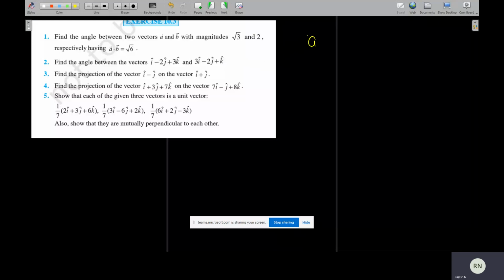You know a bar dot b bar is equal to what? AB cos theta. So what is cos theta? A bar dot b bar by A, where A is modulus a bar, and B is modulus b bar. What is our a bar dot b bar? Root 6. And modulus a bar into modulus b bar is root 3 into 2. So what is the answer? Root 3 by